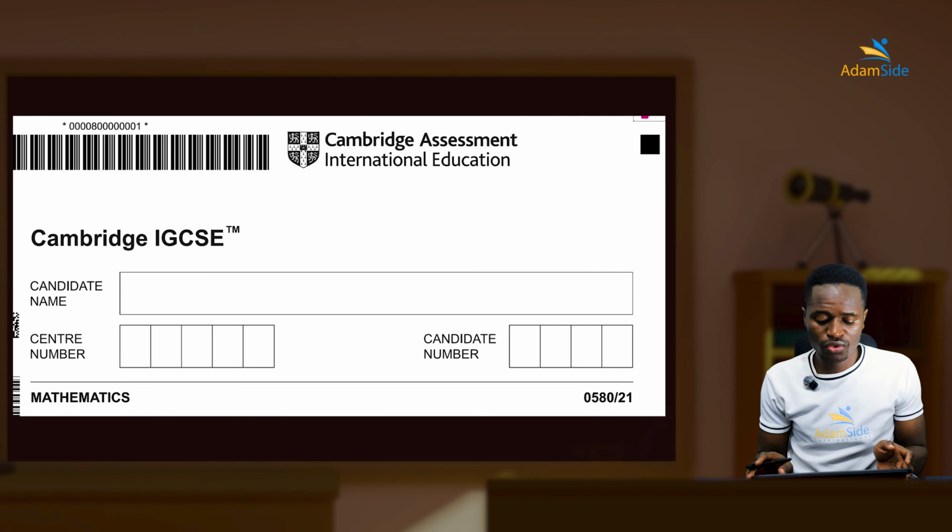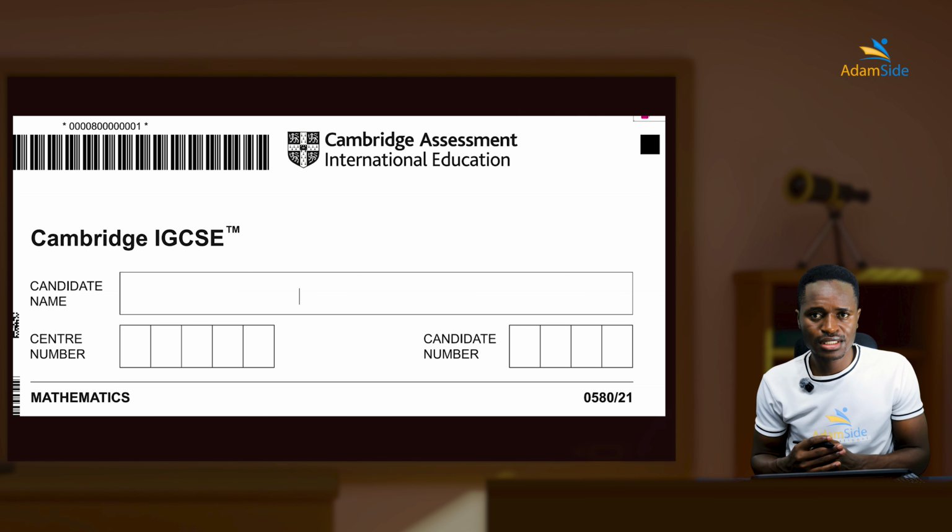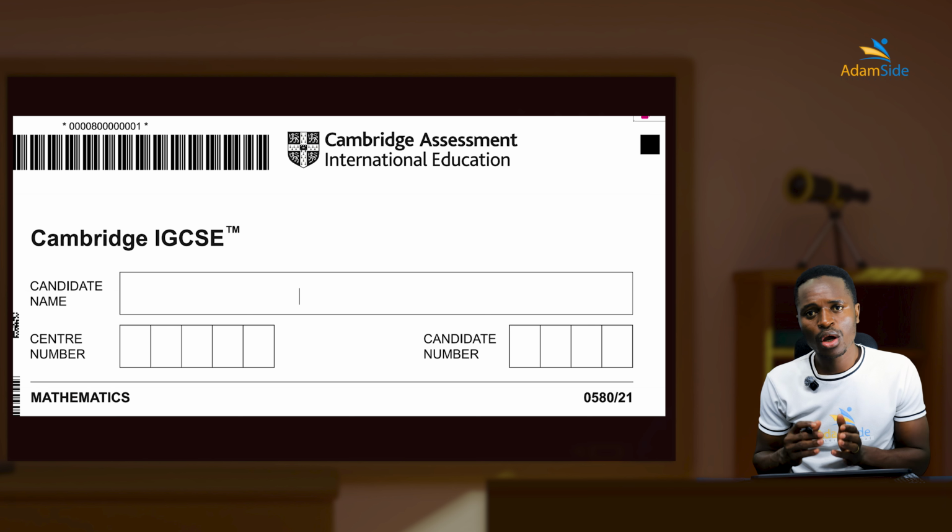I'm teacher Adam. I'm going to solve the Cambridge IGCSE math paper, October-November 2024. I'll be taking you through this paper and showing you all the examiners' tricks that they put in different kinds of questions just for you to fail simple questions. I will show you all the twisting areas that examiners put in place just for you to fail a simple